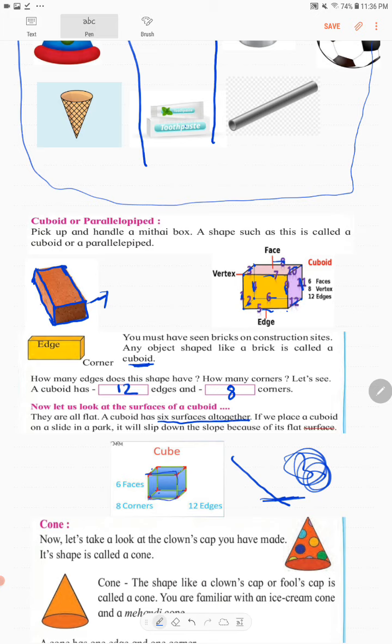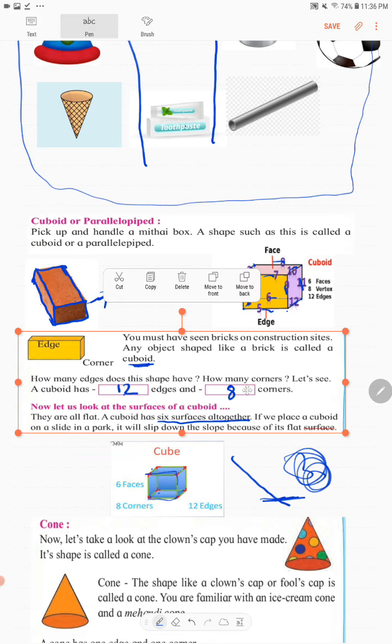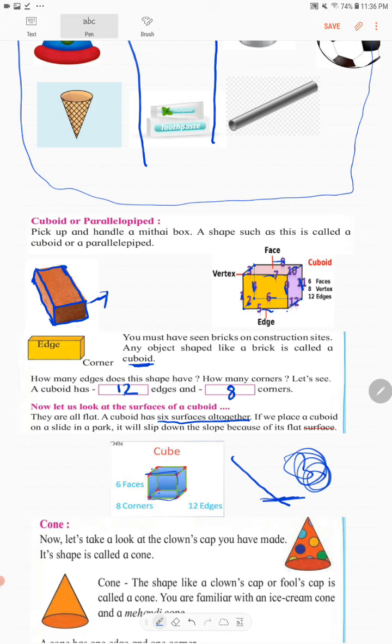So a cuboid or a parallelopiped has 12 edges, 8 corners and 6 flat surfaces. And if I place a cuboid on a slide, it will slip down but it will not roll because it has a flat surface.